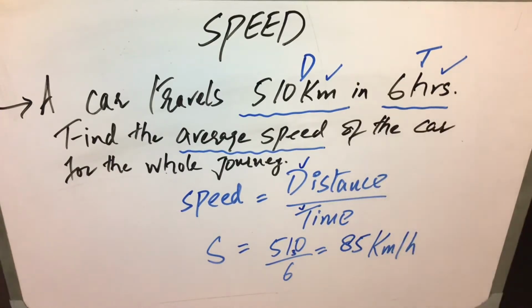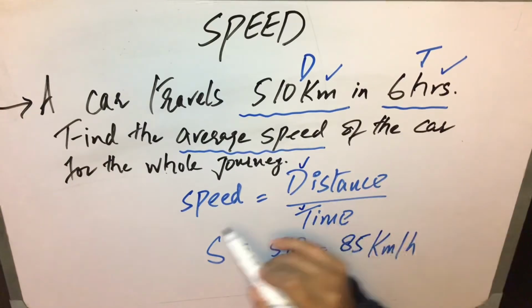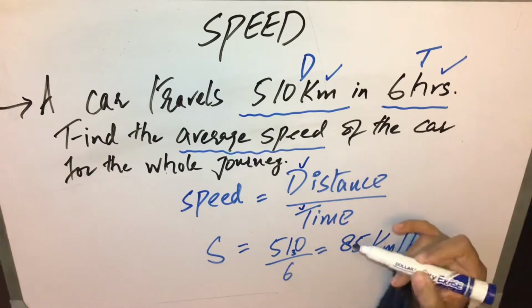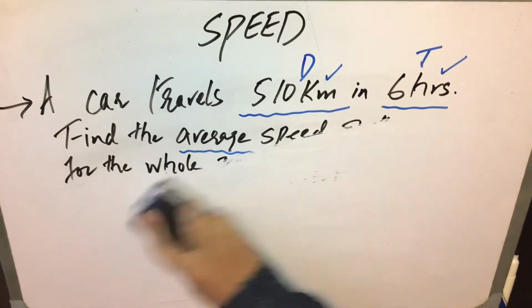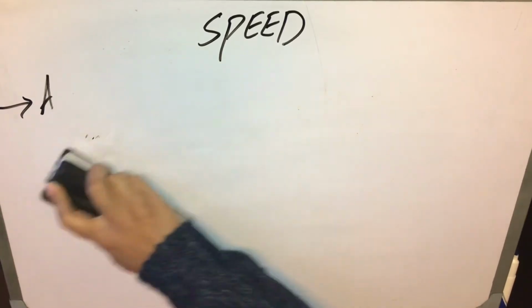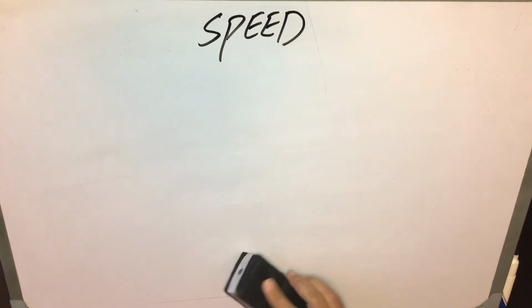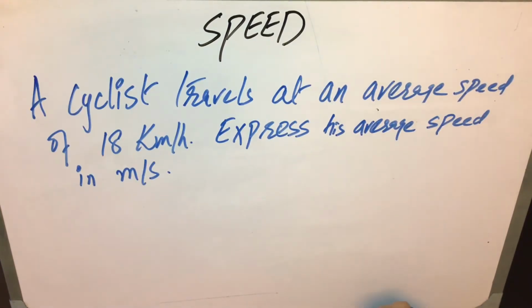So the formula moves around three things. One of the three things will be missing, and you have to find the missing item using the same formula. Don't learn three formulas, go with the single formula and find the remaining item. Moreover, if the distance is in kilometer and time is in hours, your answer will be in kilometer per hour. If the distance is in meters and time in seconds, then you will have meter per second, according to the requirement of the question.